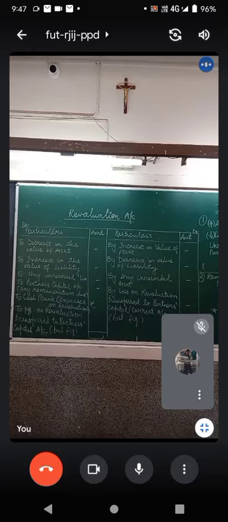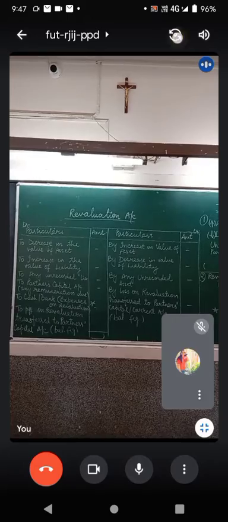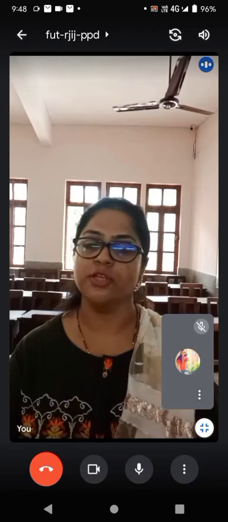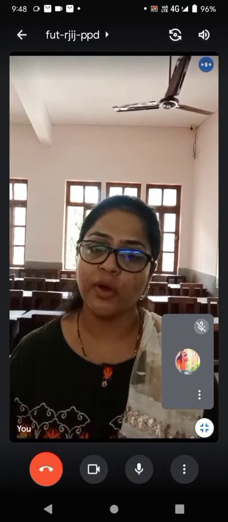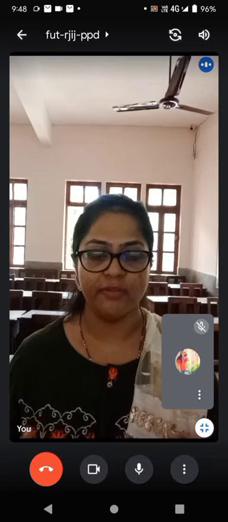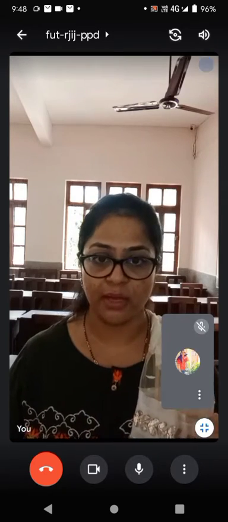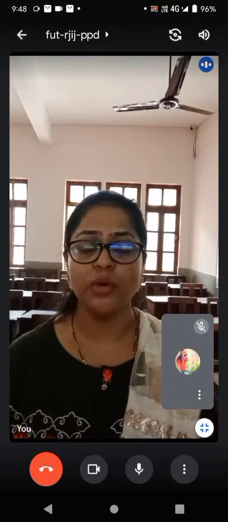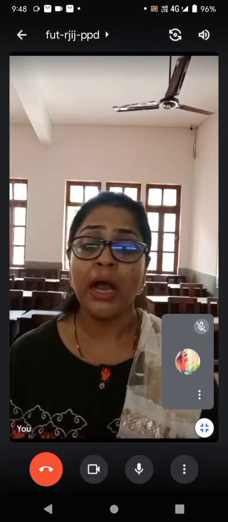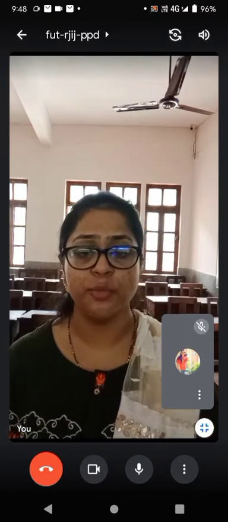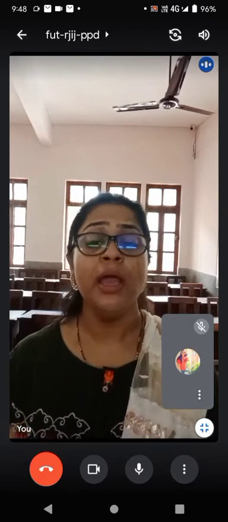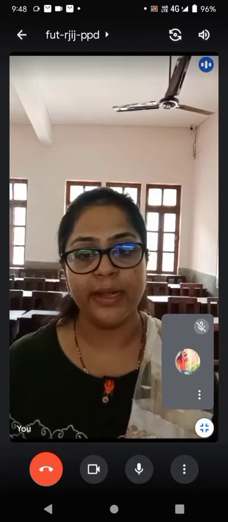Alright, now let's see how you extract journal entries. Now it is sometimes difficult to learn all the journal entries, and I know it is also difficult to understand the concept behind them. So what we are going to do is, you simply learn the format of the revaluation account: what goes on the to side, what goes on the by side. In the question also, in order to do the journal entries, in working notes, in rough, you have to make the revaluation account. Even if we only have to do journal entries in the question, you still have to make the revaluation account. So better you know how to make a revaluation account, and you should also know how to create journal entries from ledger accounts.